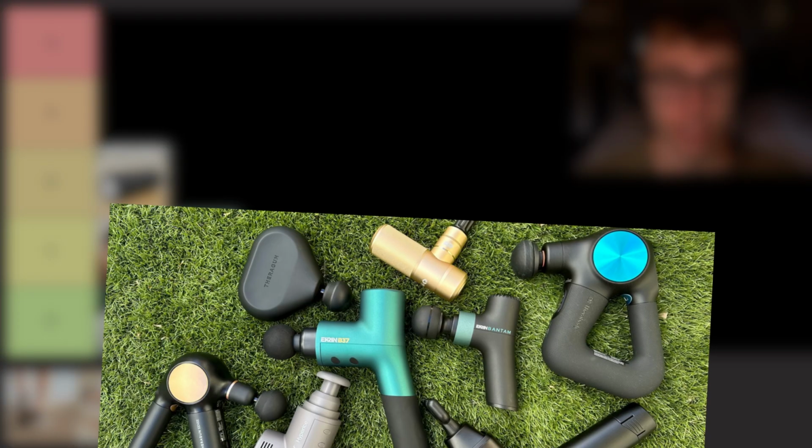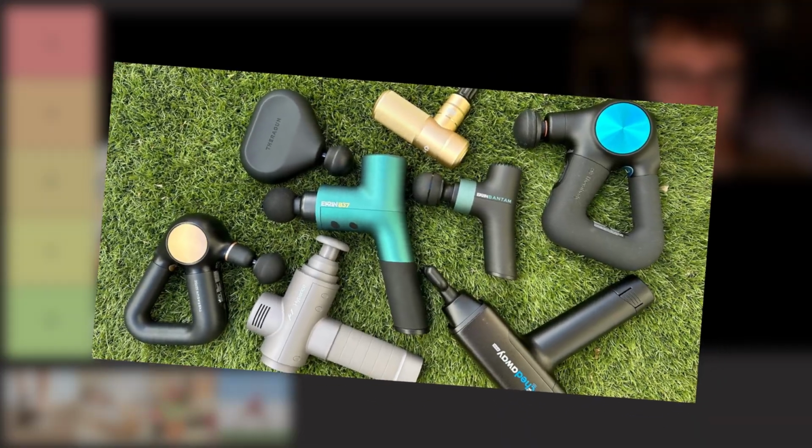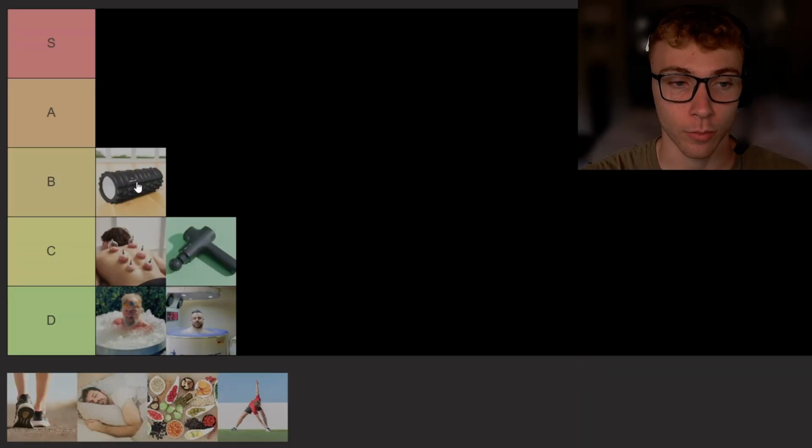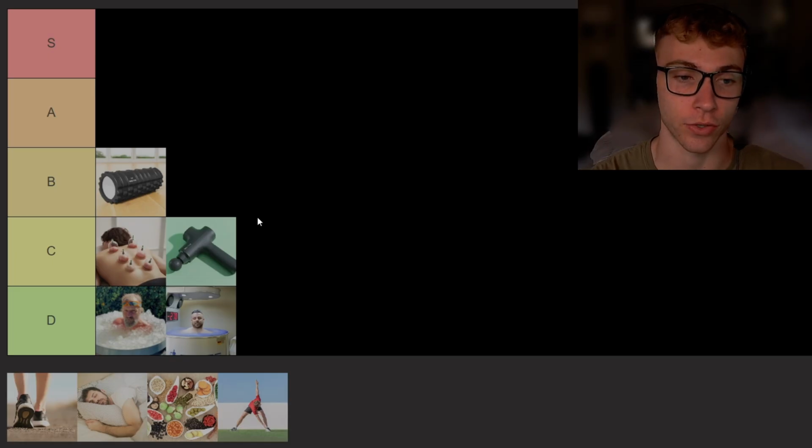Next up here is going to be a massage gun or a percussive therapy gun. This is going to go in C tier, and my reasoning for that is it essentially is doing, again, what the foam roller or the massage roller does, but the massage gun is more expensive. And so while it may be a little bit more convenient because you just have to hold it on the area that you're trying to target, it's essentially doing what any other foam rolling or cupping does, which is promoting blood flow to an area,